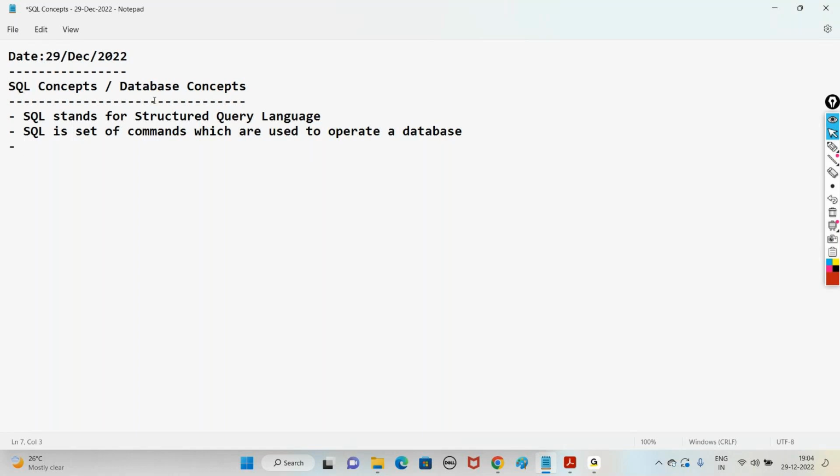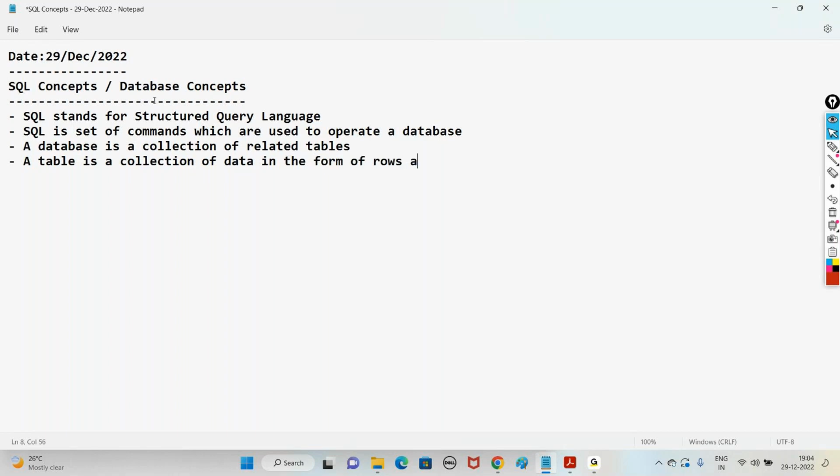Then what is a database? A database is a collection of related tables. What makes a database? It's a collection of related tables. And what is a table? A table is a collection of data in the form of rows and columns. Like, for example, consider a books table,